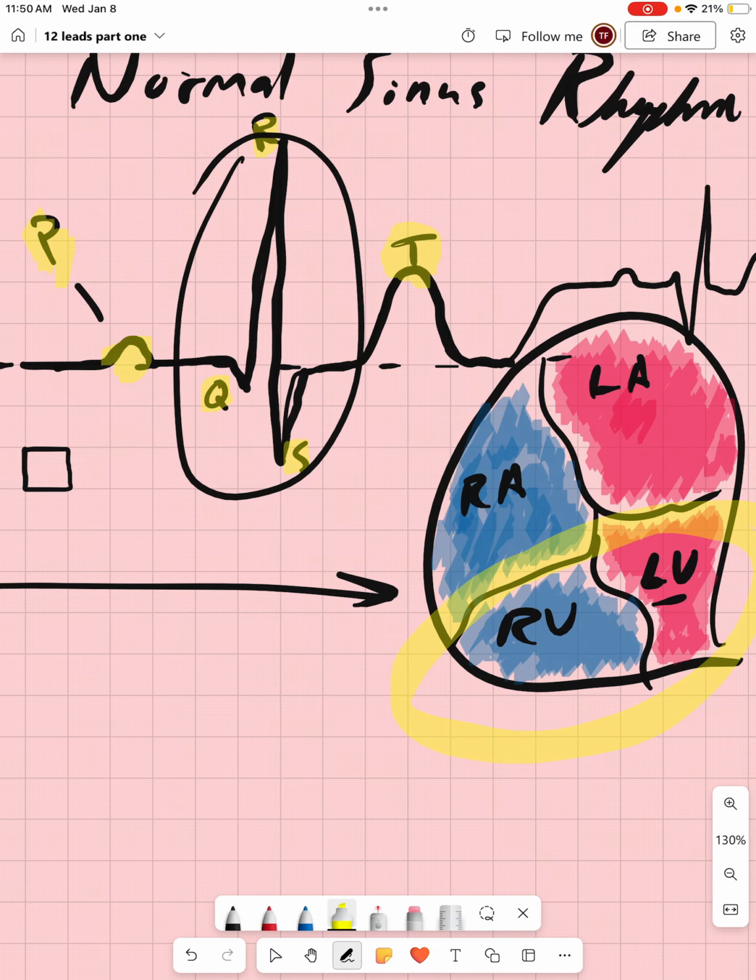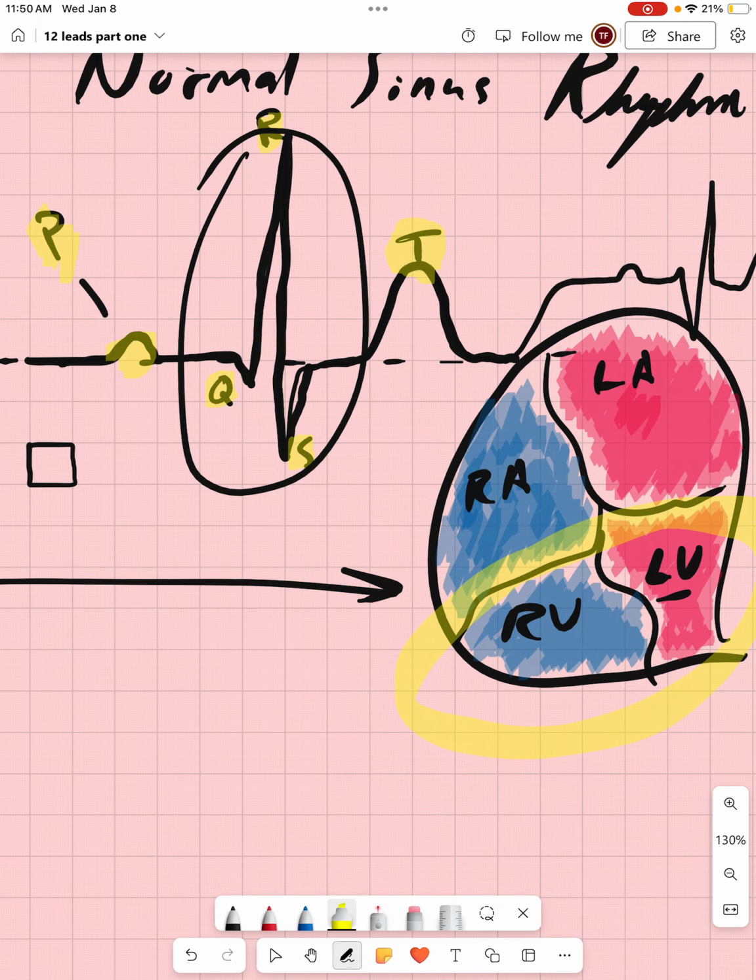So if you're keeping track and following along here, you might notice that we have depolarization of the atria, depolarization of the ventricle, repolarization of the ventricle. Well, what about repolarization of the atria? They need to repolarize so that they can then be depolarized again and contract? Yes, they do, and they do repolarize, but visually speaking, with our rhythm, we're not going to see that because it is lost and it takes place